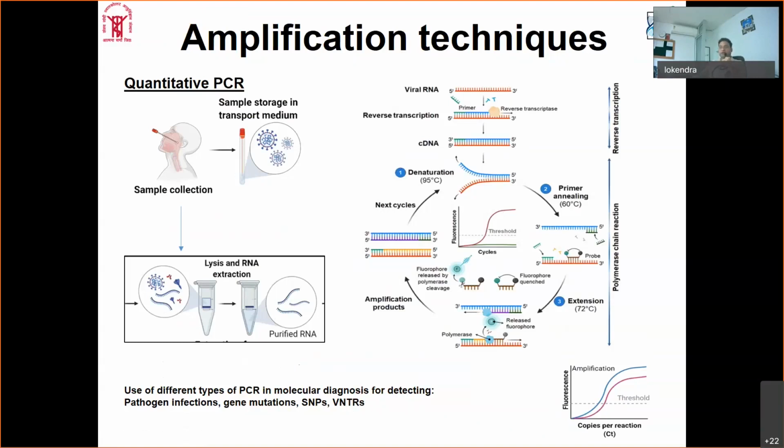So PCR, quantitative PCR, and RT-qPCR, which is reverse transcribed quantitative PCR. So altogether, there is an amplification of the template, and the template can be DNA or RNA, but again RNA has to be converted into cDNA, and then cDNA is reflective of the RNA load, and that can be measured quantitatively.